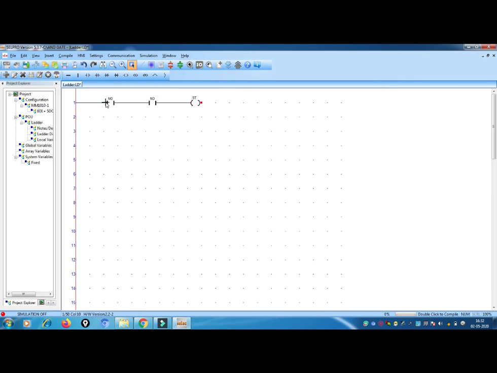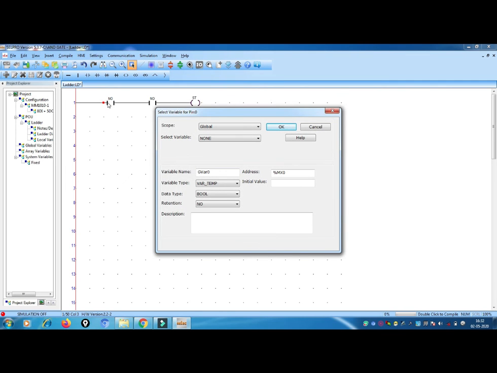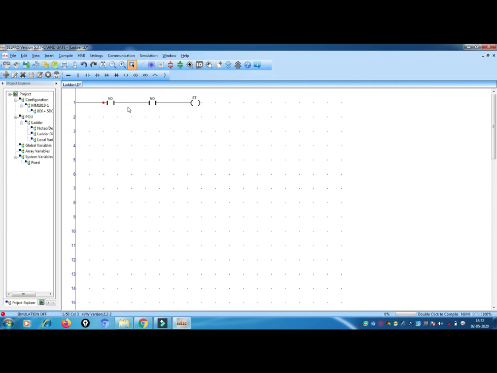Here, by using double click, use your mouse, a mouse is compulsory. By double clicking you can write the variable name here, or you can select the default name by right clicking. Okay, so DI0. Here we have 8 inputs and 5 outputs. So DI0, DI1, DI2 up to DI7 act as inputs, meaning any switches you can take. D0 acts as the output, so I will give DI0 and DI1. So two switches I took, S1 and S2, and one output.